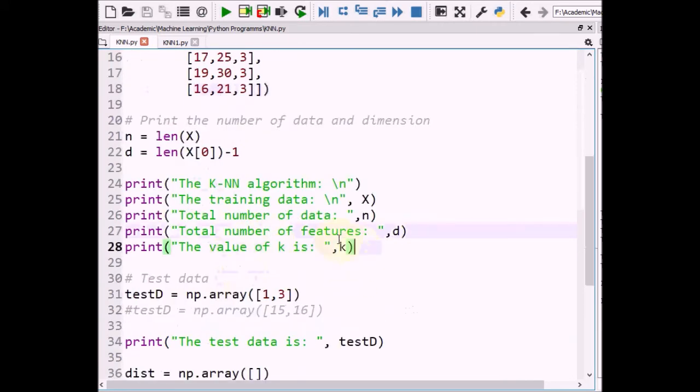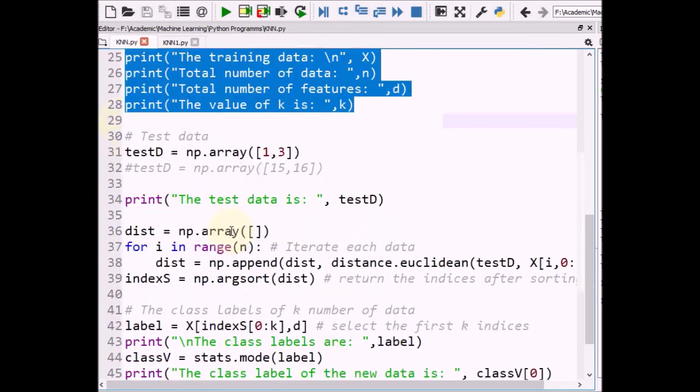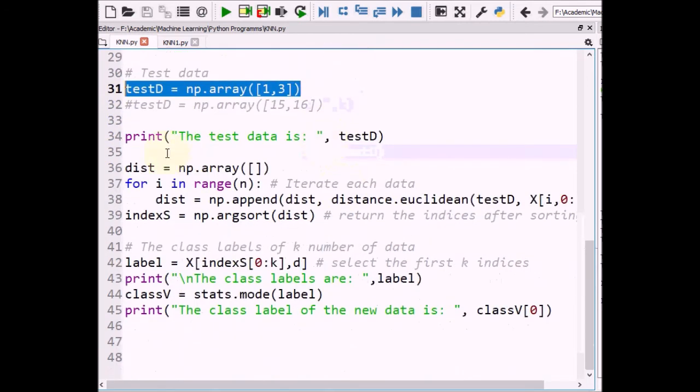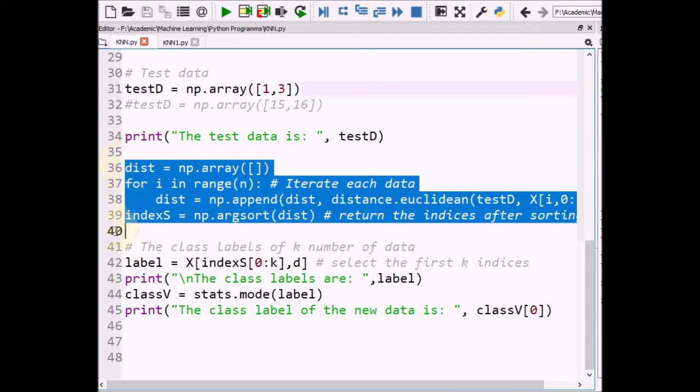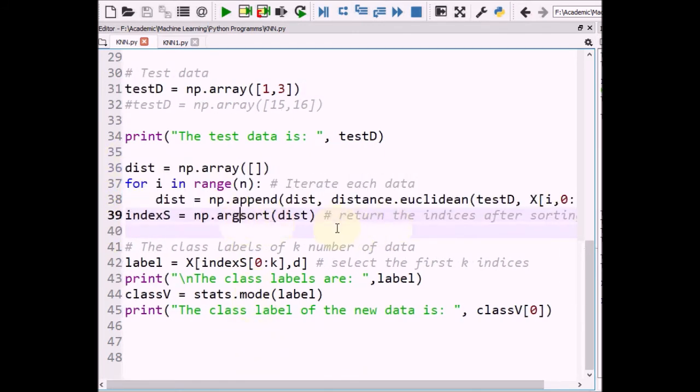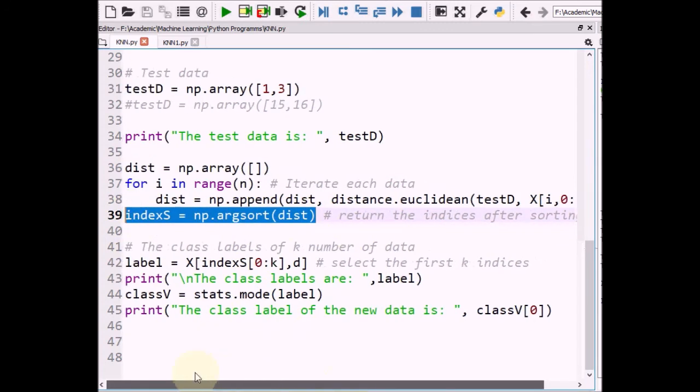Now these are the lines through which we print the number of data points and the dimension, and this is our test data, 1 and 3. We need to know its class label. Here we calculate the distance of the training data from the test data, and we return the indices after sorting.